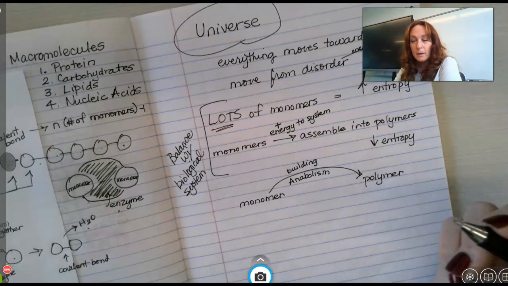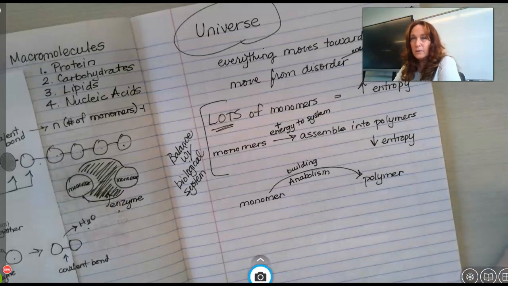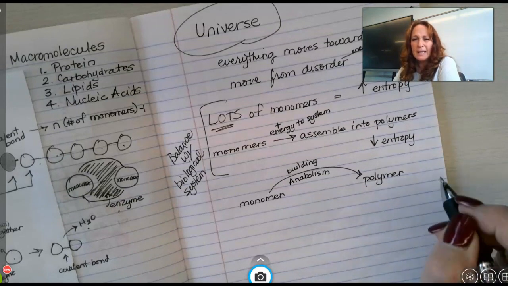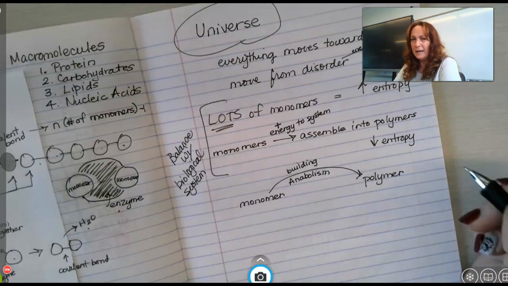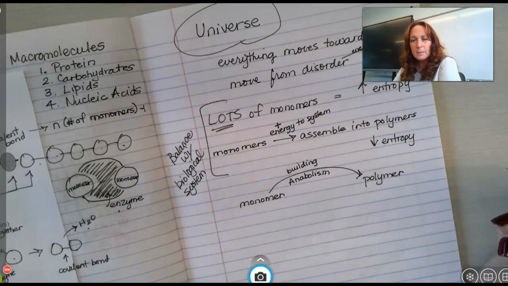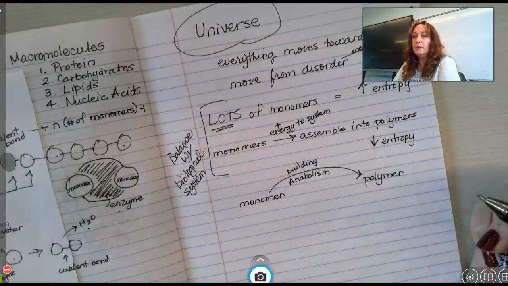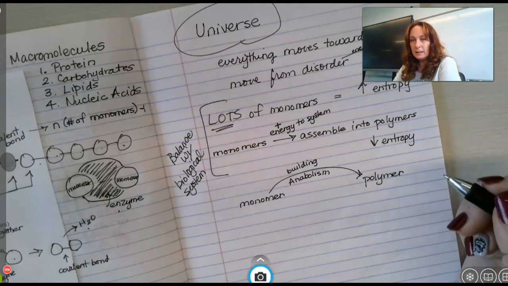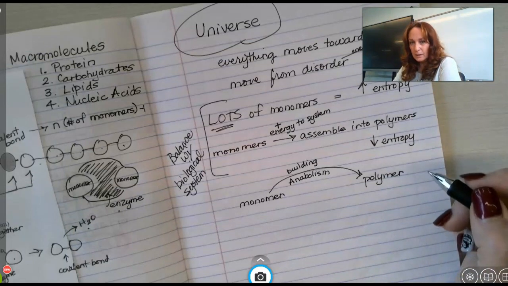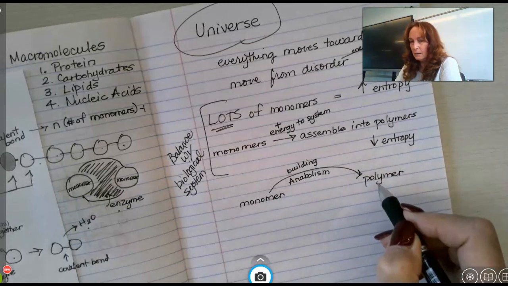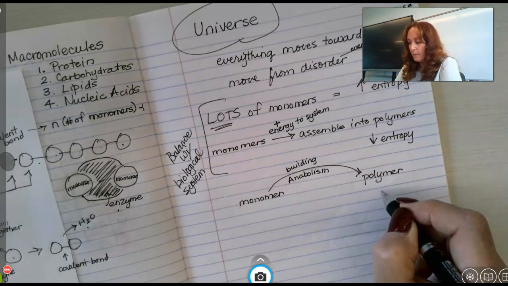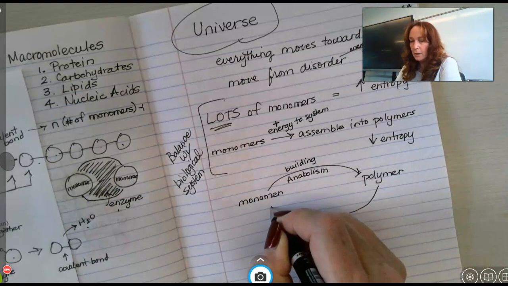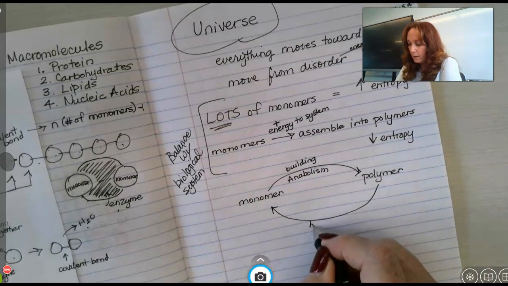Now, one way to remember that is, I don't know if you've ever heard, but people talk about anabolic steroids, and they think that's like a type. It's not a type. Anabolic means you build. So they're steroids that are meant to build you up. So anabolism is building, the making. If you go from the polymer to the monomer, which is the breaking,